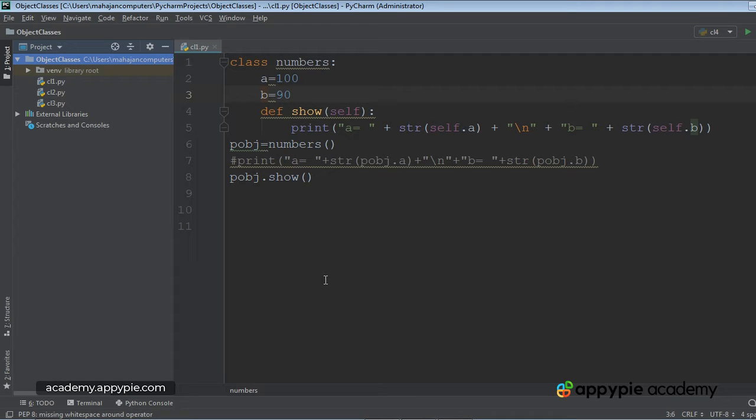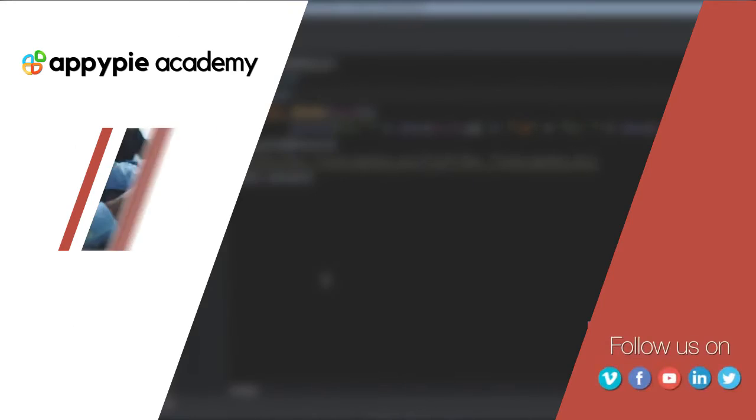Now, in order to solidify our knowledge about creating classes and objects and about constructors,